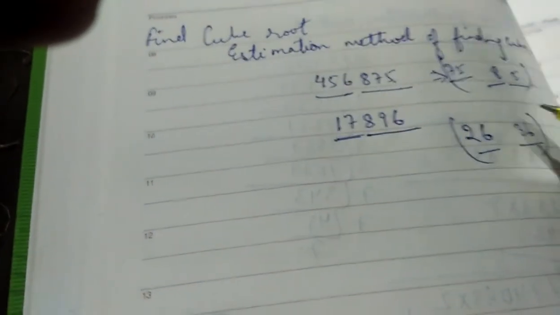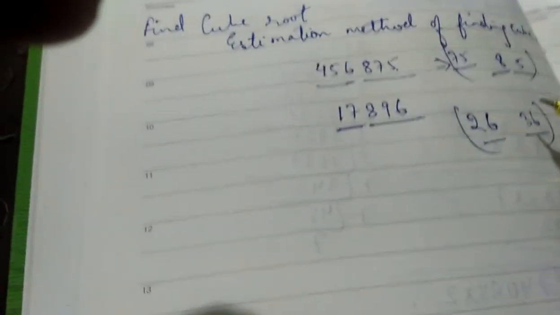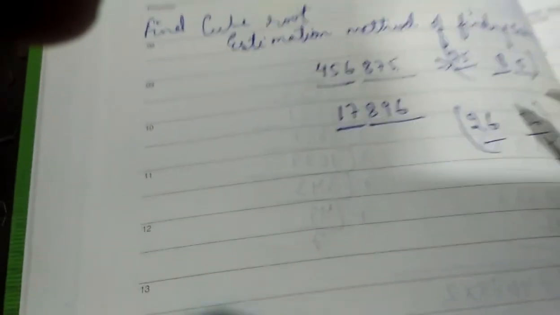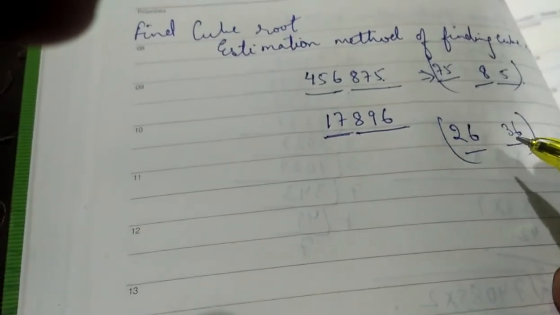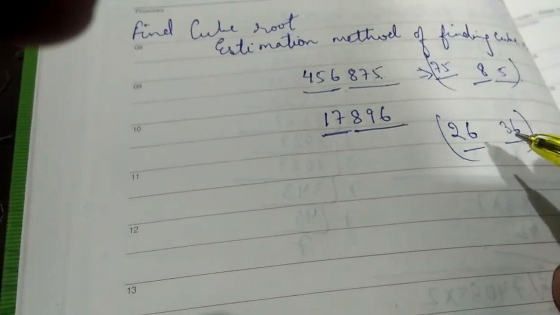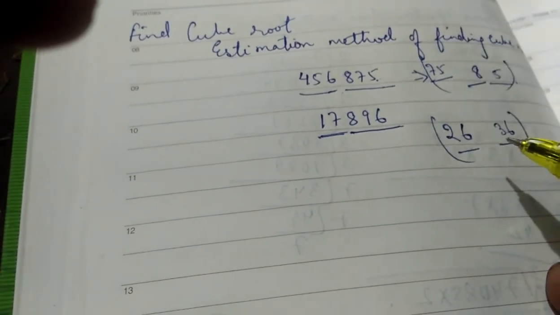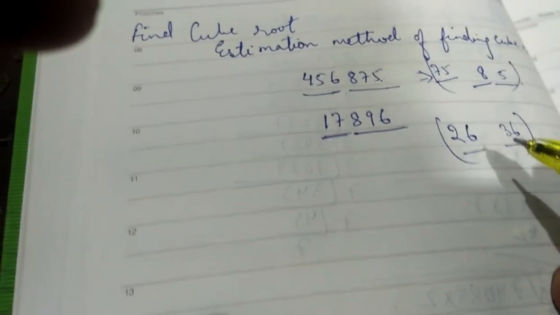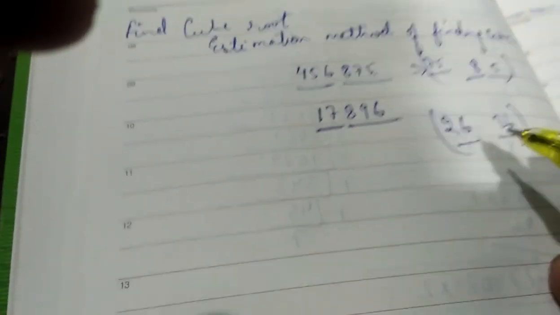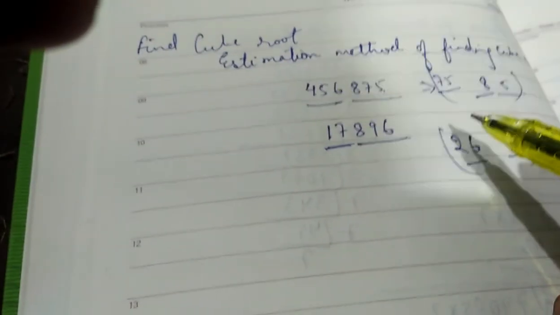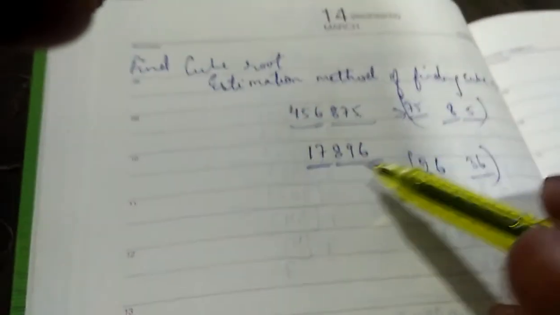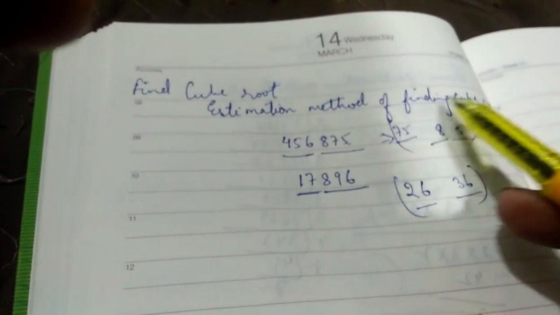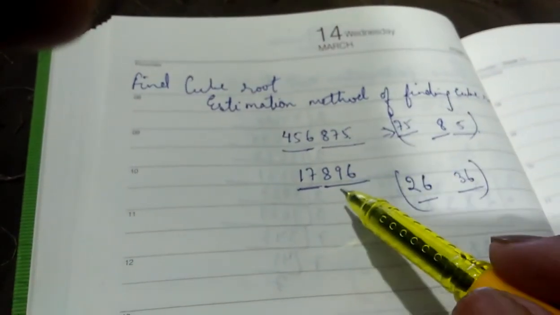At times you will get the correct answer, at times you will get a lump sum answer. This is a method that has been discussed in certain books, so I'm discussing it. You may or may not get the real answer based on this. You can go by the prime factorization method if you like, but this is how the estimation method works, so you can practice a few examples on the basis of this.